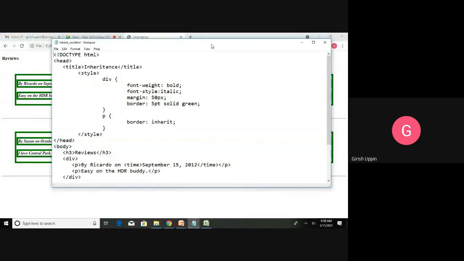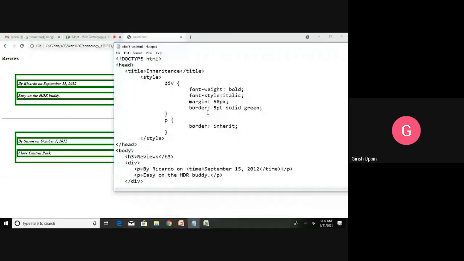Okay, this is another example. Don't worry, it would be similar to that. Here I have a document. In this document, I have a head section and I have a title. The title is Inheritance. That is what you can see here, the title of the tab. This is the opening of the style, closing of the style.